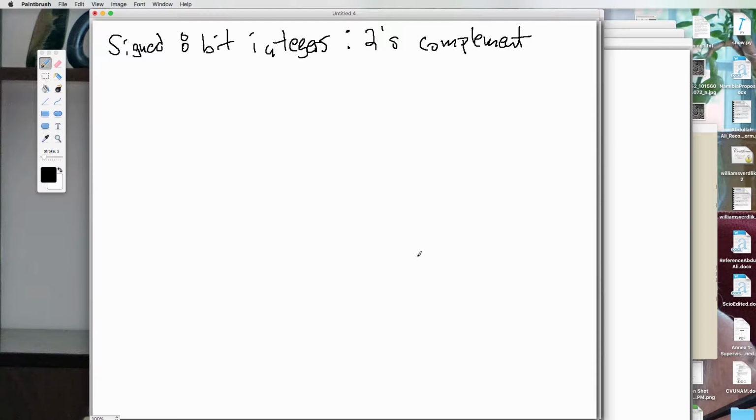And remember, what that does is if we want to convert a positive to a negative integer, or actually if we want to go the other way around, if we want to convert a negative to a positive,